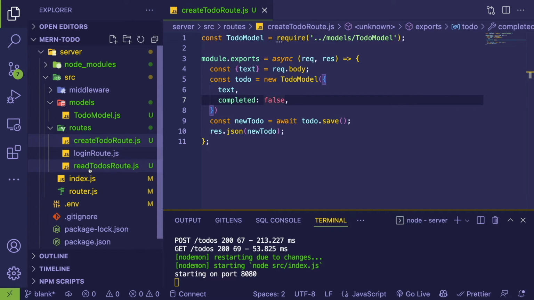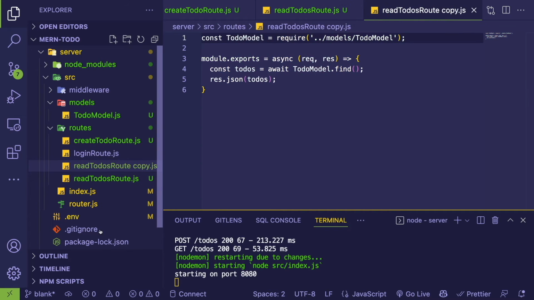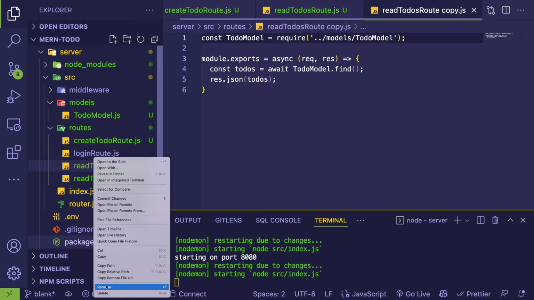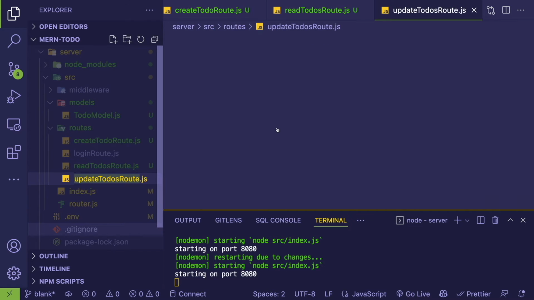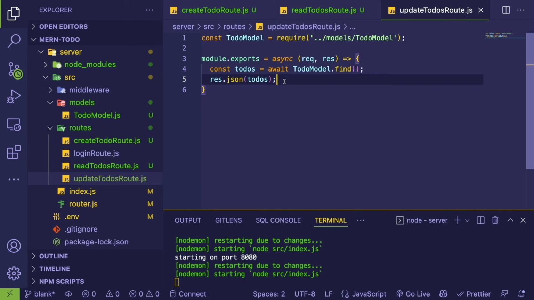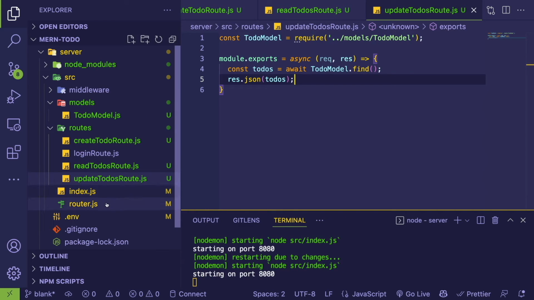So I'm going to go ahead and add a new route. And I'm just going to copy this file this time to kind of save some time. I'm going to rename it to update to-do route. So this one is going to be a little bit different. We're going to learn some new things in Express that we haven't really seen before. So if I go to my router,